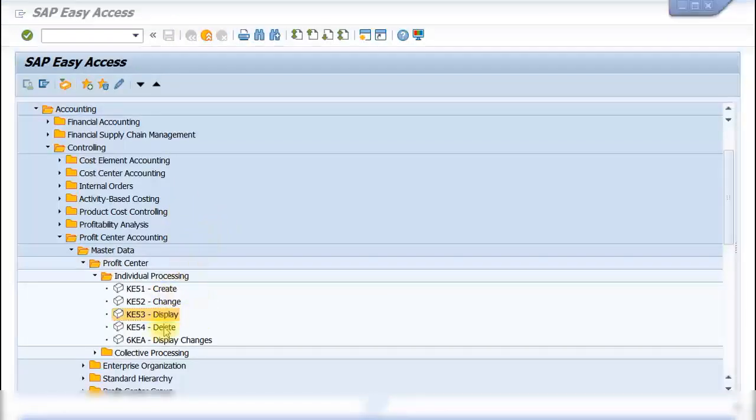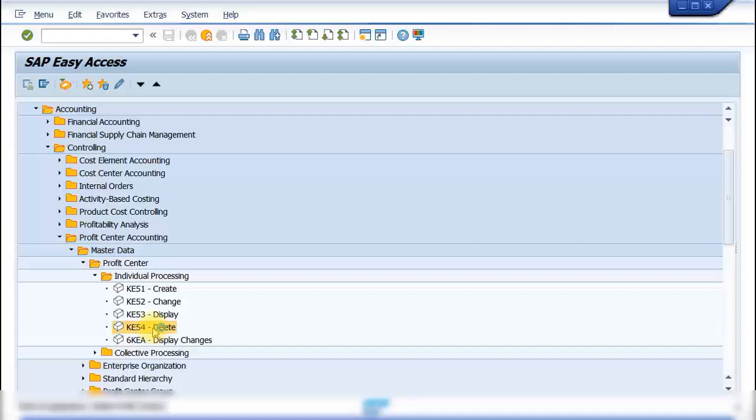You also have the option to delete the profit center by going into transaction code KE54. It is highly recommended that you do not delete the profit centers because they must have some other assignments to different cost objects. So unless you have accidentally just created one profit center recently and you want to immediately delete only, use this transaction KE54. Execute the transaction over here,